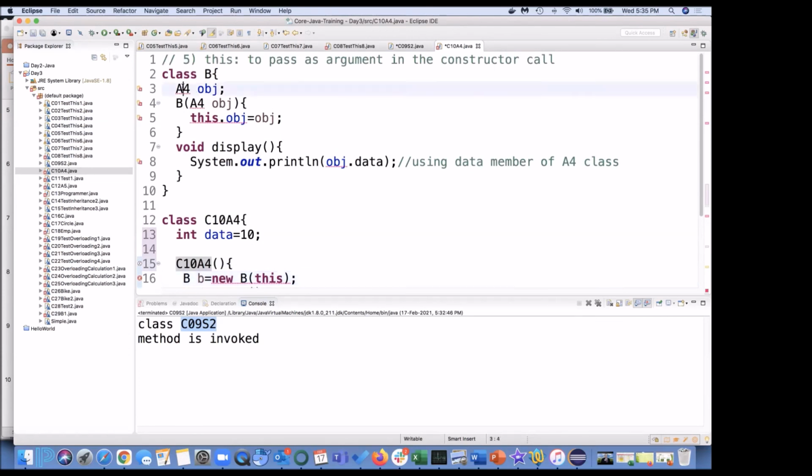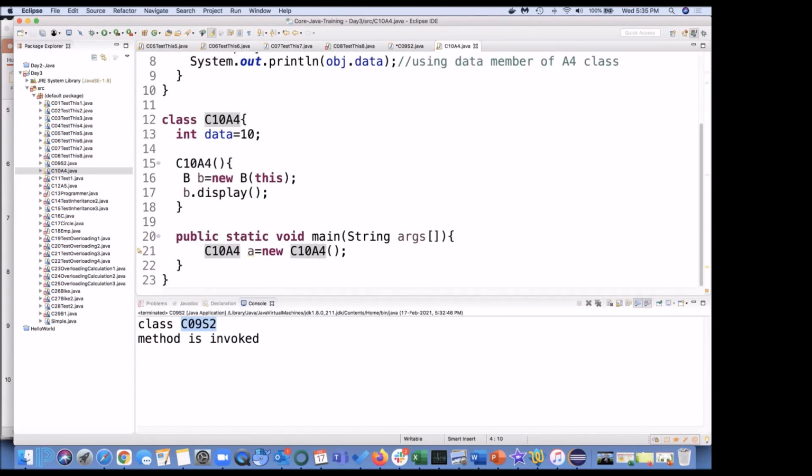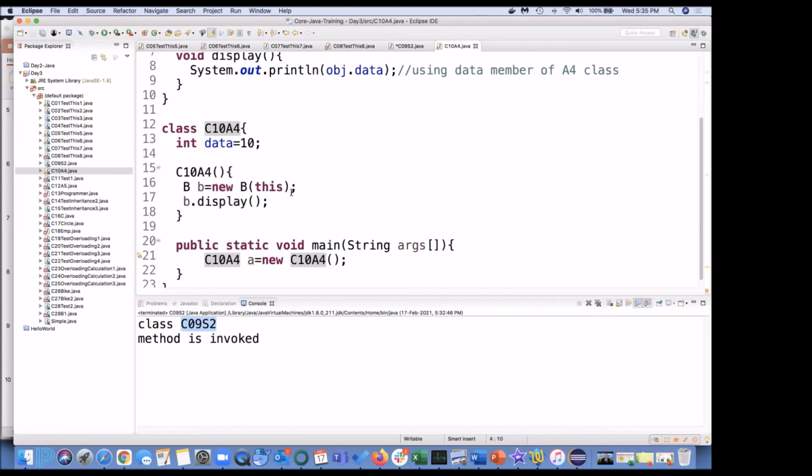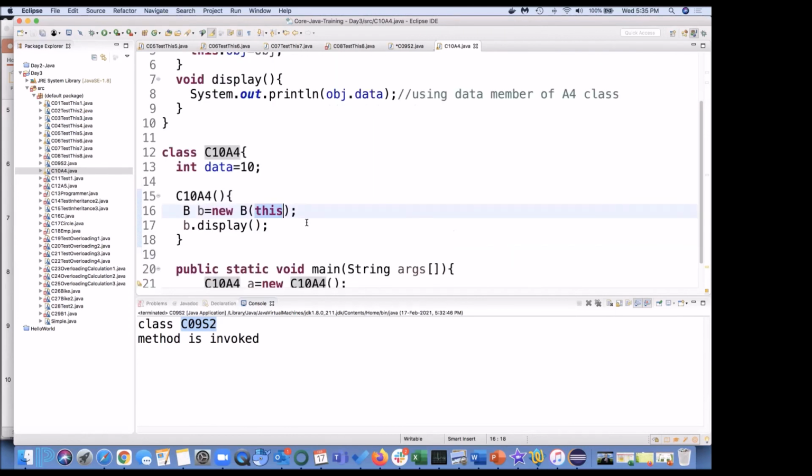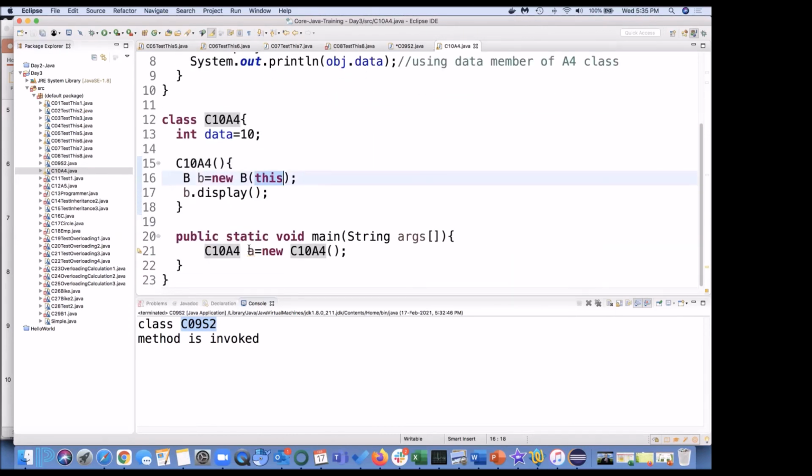Now, B is a different class. Inside my default constructor, I am trying to create an object of class B, and I want to pass this. What is the meaning of this? I want to pass A, the current object which is being created now.